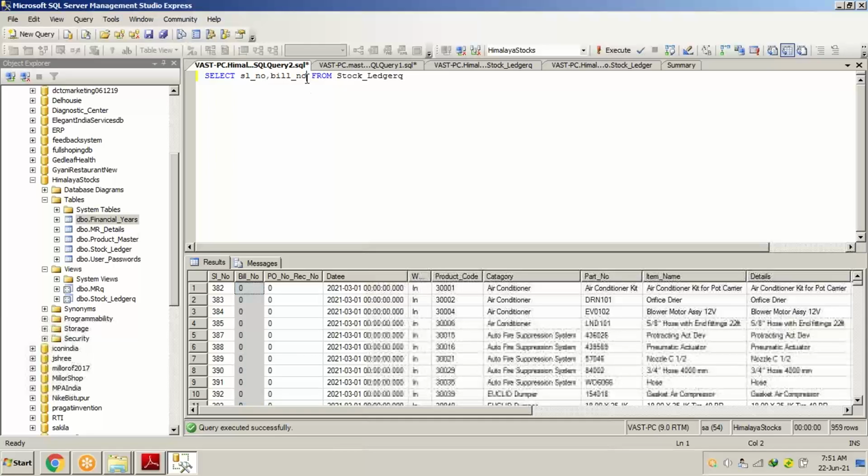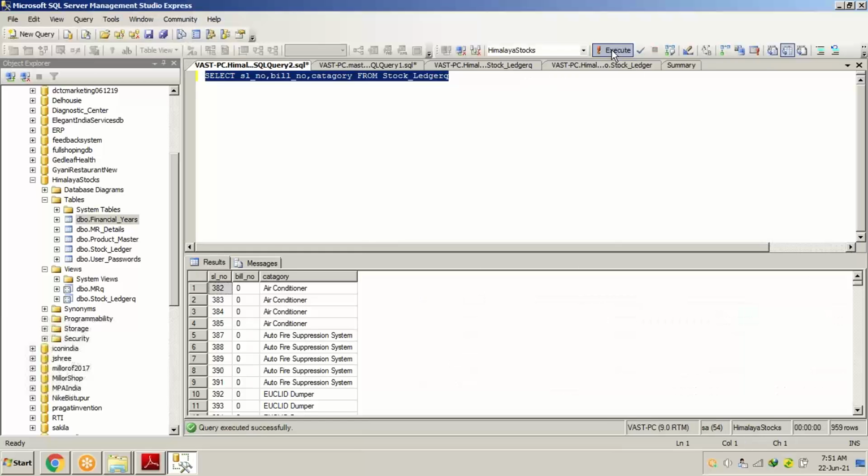And I will write one more field name, comma, category. So you can see that instead of star, I specifically specified three fields from stock ledger queue. What does this SQL statement do? Let's see. I select the entire statement and press the execute button.